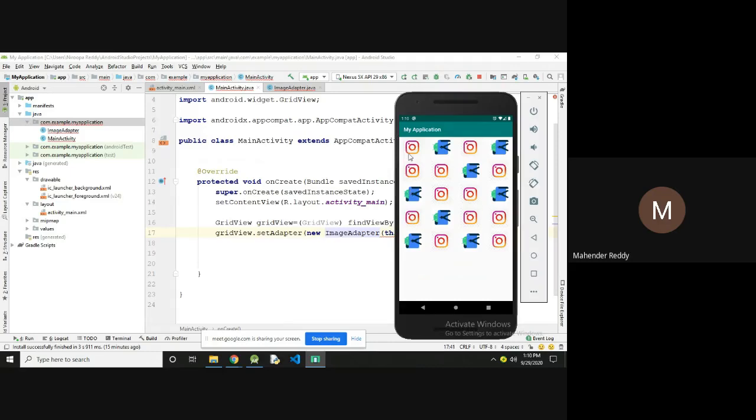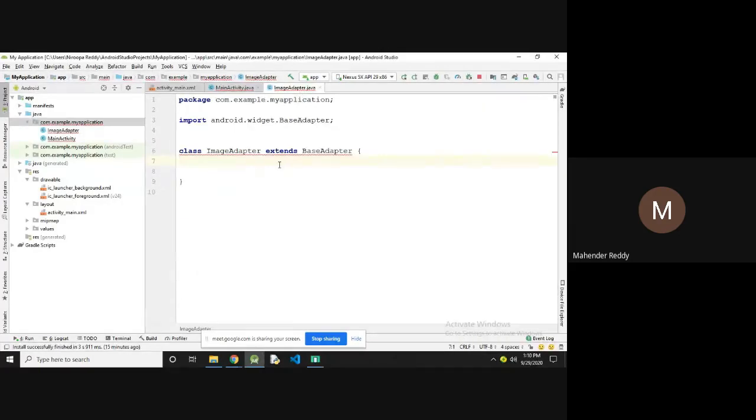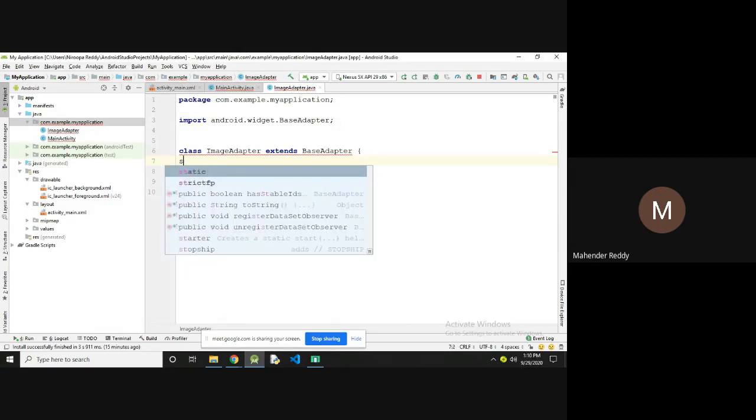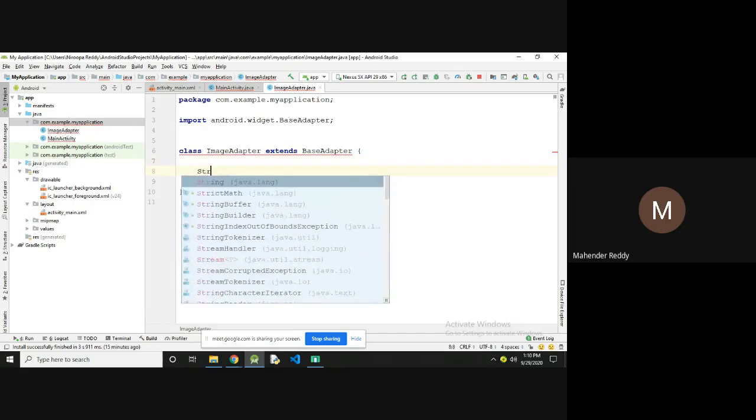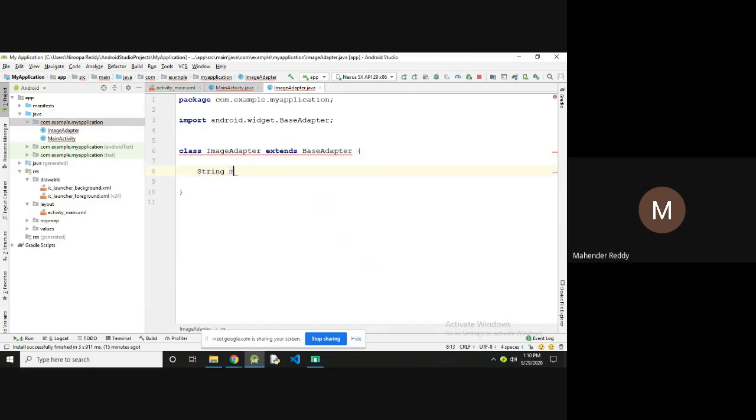So for that I'm going to specify some dimensions. And here I'm going to use a String array. First I'm taking the images and creating an array.